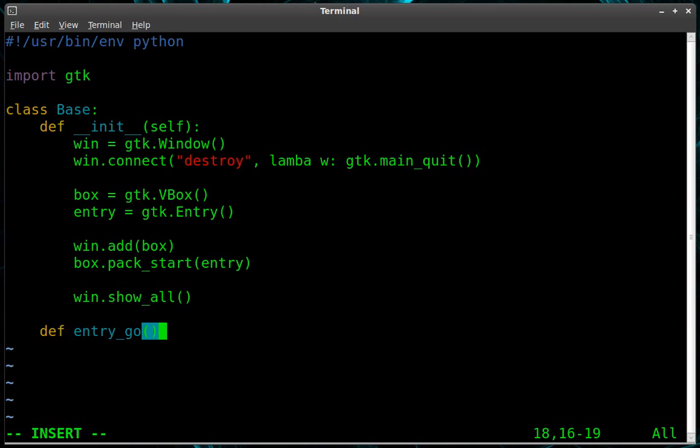And then there are going to be some variables passed to this function. One is self, which is letting you know that it's being passed from within this class. And next would be the widget that's being activated. And we'll put a colon there. And all we're going to do is we're going to say print. So we're going to print to the terminal screen,